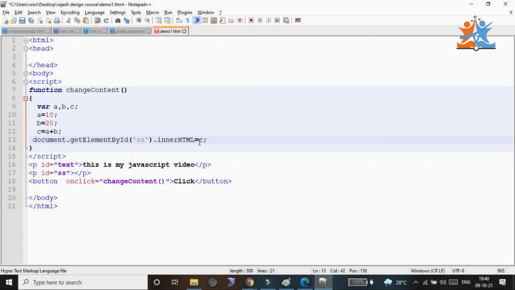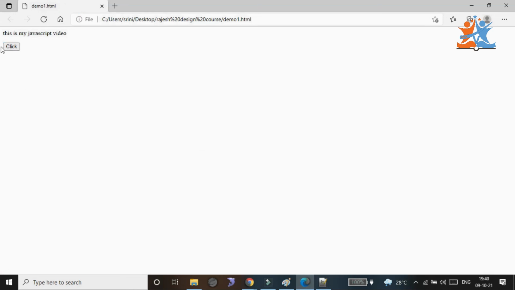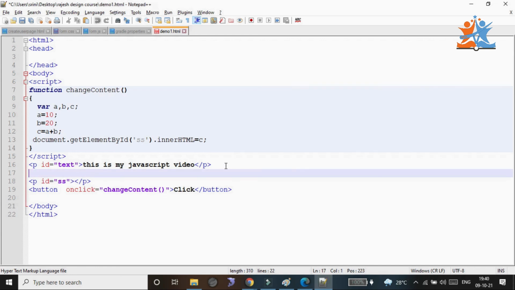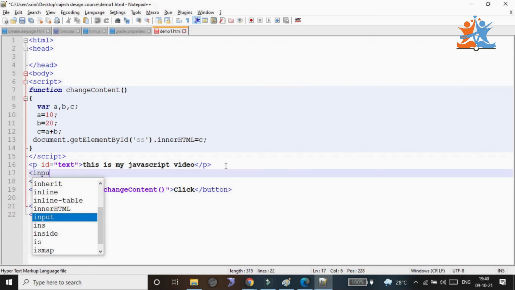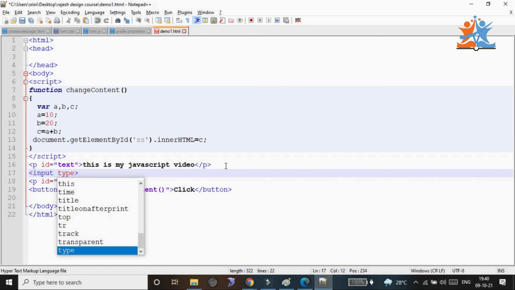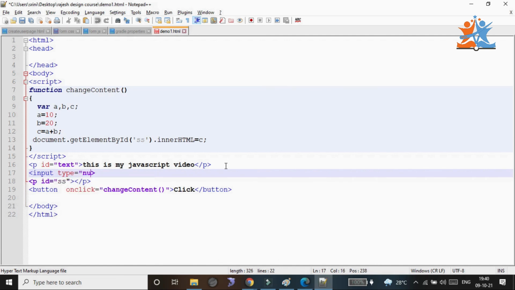Sir, I need to do one thing. I want to pass two values my own way. I have to pass my own values. So input type is equal to number, name is equal to, and here we need a placeholder.